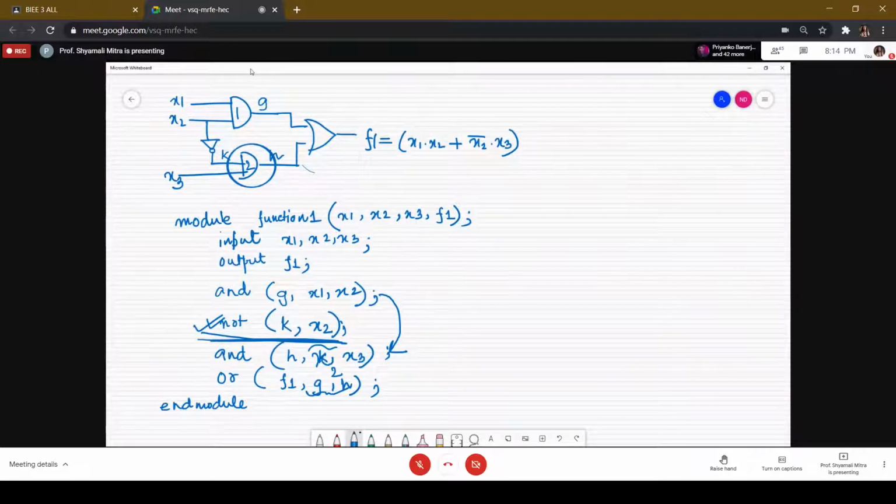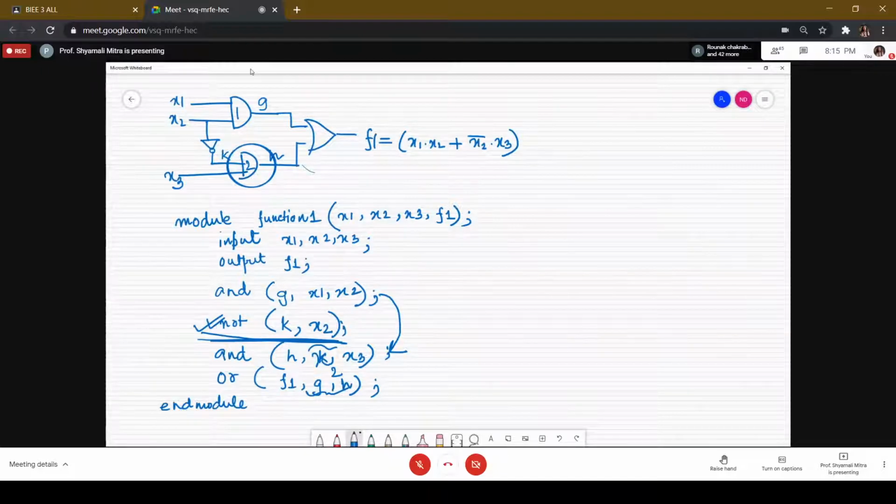So for now, some thumb rules while writing this structural representation of the Verilog code are that an identifier must start with a letter and can contain any letter or number plus the underscore and the dollar characters. Note that Verilog is case sensitive.